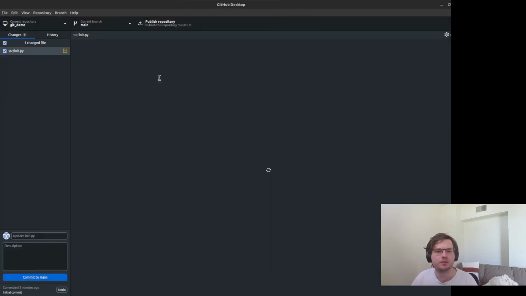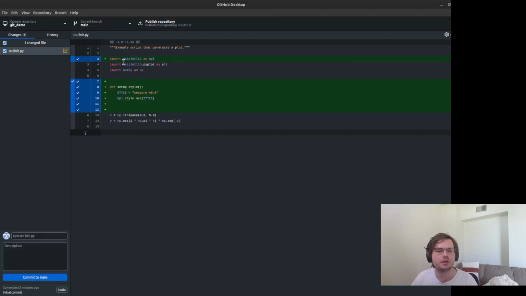If I go back to the GitHub Desktop application, you can see that it's tracked specifically the changes that I've made. That's useful because internally, Git doesn't actually save a different version of your files every time. It doesn't take a copy and then save all those files in one place. All it actually saves is the changes between them. That's useful mainly internally for Git because it doesn't take as much space.